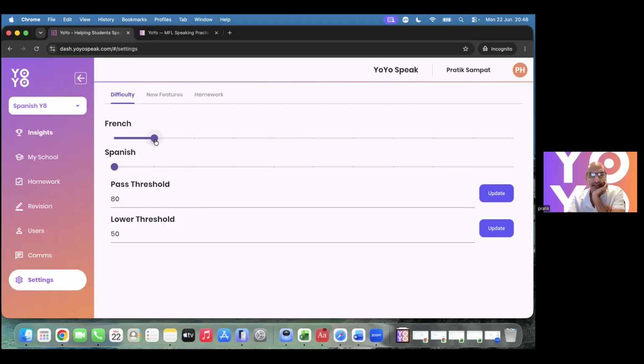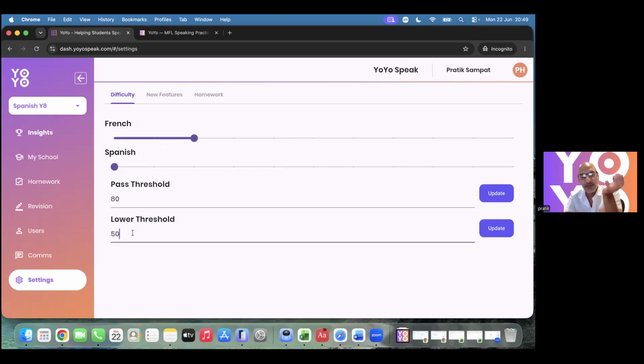We've got some handicaps. Someone asked about sensitivity around pronunciation. It turns out that the bar on French pronunciation is just naturally higher than Spanish, so there's a handicap here which makes it slightly easier to pass. This is kind of the base, and then you can choose where your pass thresholds and your lower thresholds are.